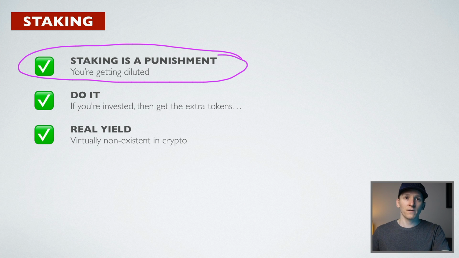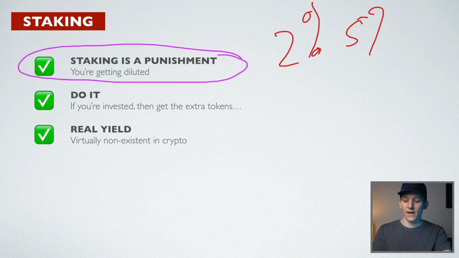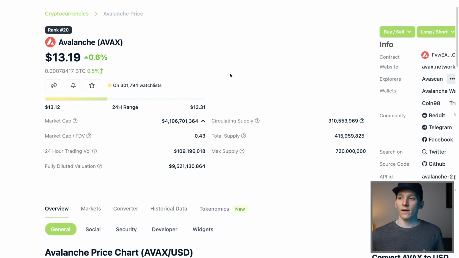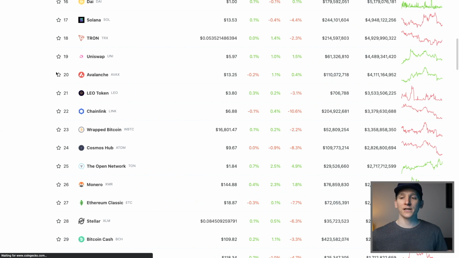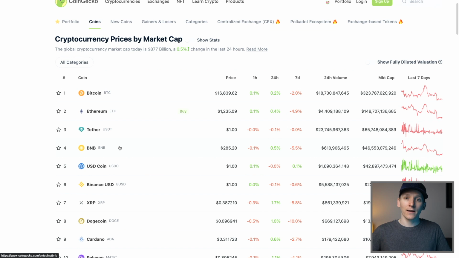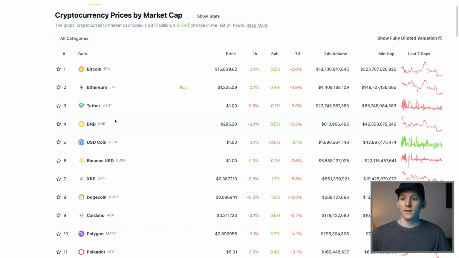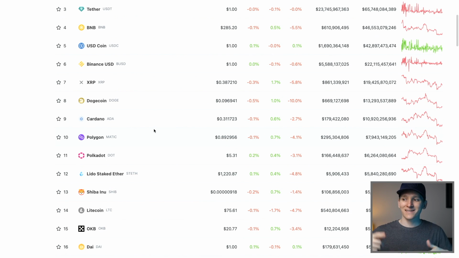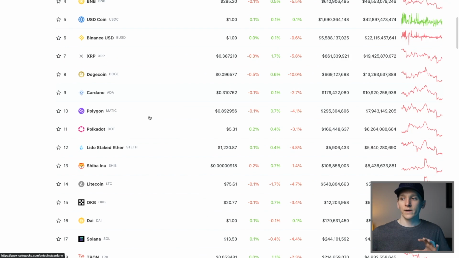And so really simple is, if a blockchain actually makes money and doesn't create any new coins, then you can get 2% or 5%, and that is actually called real yield. It's like a company paying you a dividend. So what we can do here is say which coins at the current time actually pay real yield, meaning they don't have any more coins left and they are paying interest, or they're paying a dividend from the fees that they earn. Ethereum and BNB coin. That's it. All of the rest are still producing coins out of thin air in order to give out to people. So we can just have that as a framework.